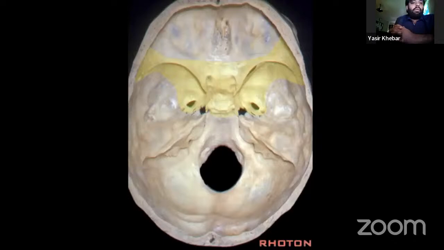All of you can see this picture in front of you. This is the picture depicting the internal portion of the skull, or as we call it, the cranial base. Once the calvaria has been removed, this is what you will observe within the cranial base. The cranial base is divided into three fossae: an anterior cranial fossa, a middle cranial fossa, and then this posterior cranial fossa. These fossae are divided by various